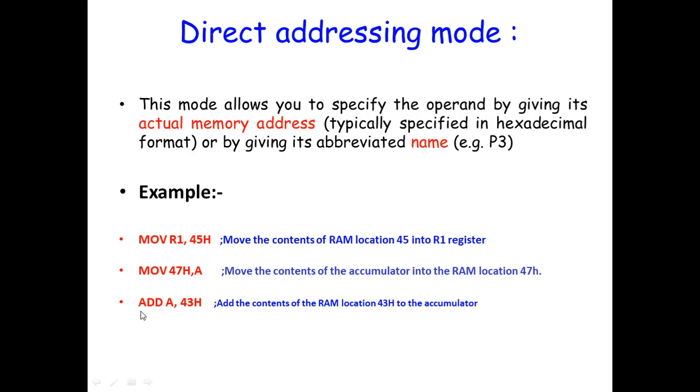And that's why I'm writing the instruction, where ADD is the opcode, then the destination location, and this is your source, that is data taken from the memory location whose address is 43H. That number is added into the destination, that is A, and the result is placed into the destination, that remains in the A, means it is in the accumulator. All this addition operation is done in the ALU, and the result is placed into the proper destination location. In this case it is in the accumulator only.